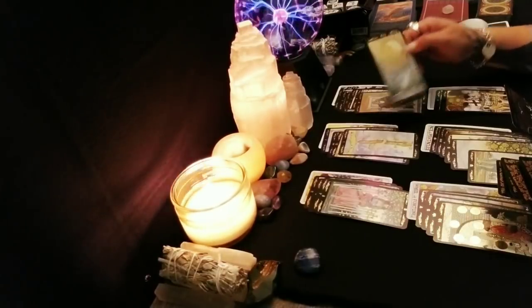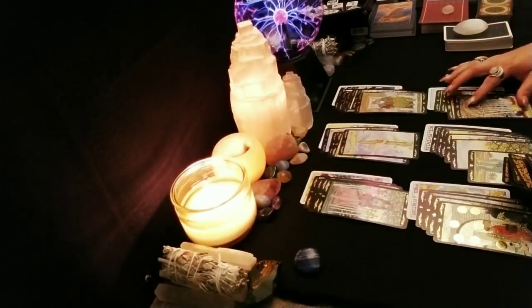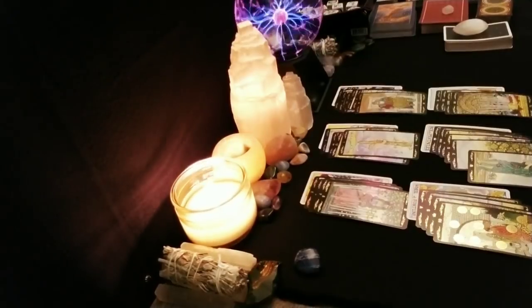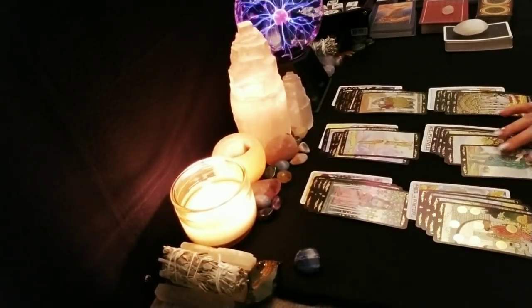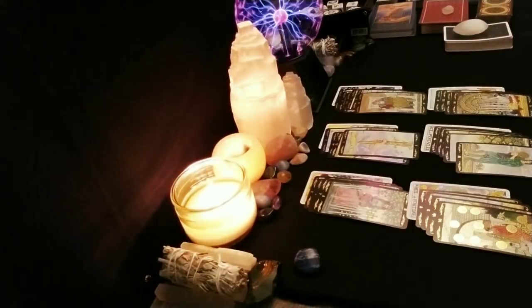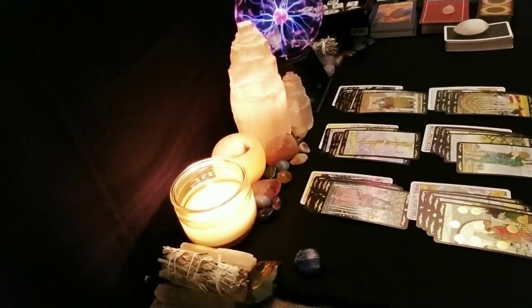It seems like things are unclear because we have the 10 of Swords here. So things aren't quite very clear to them. Again, I just feel like you kind of shot this person down. And they're just, maybe they're